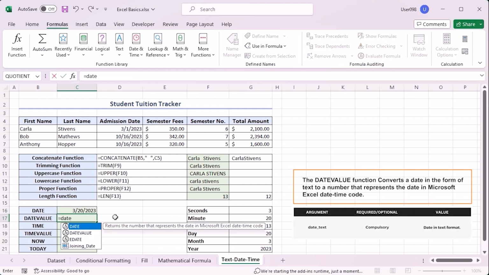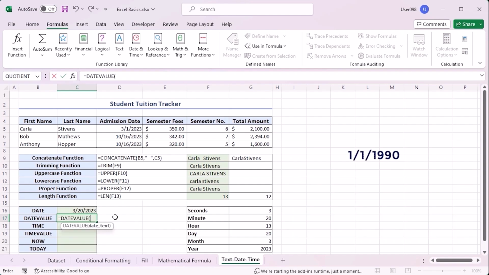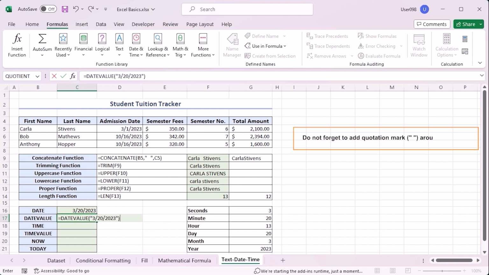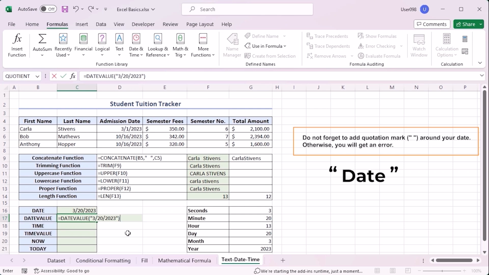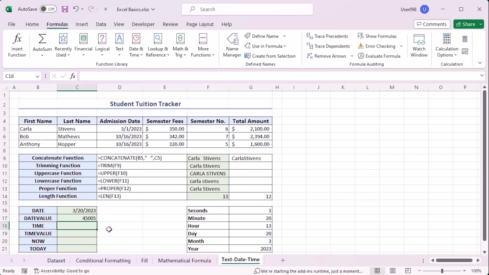The DATEVALUE function will count total days from 1 January 1900, which is the starting date of Microsoft Excel, till a given date, and will show you the result. So our given date here will be the date we got as our answer before. Double quotation mark. Make sure to add quotation marks around your date, otherwise it will show you an error. So total days are